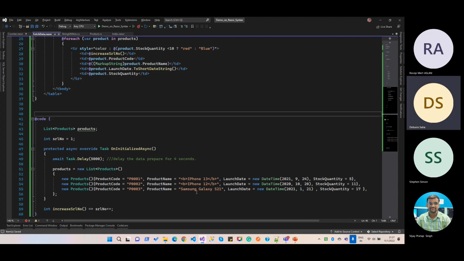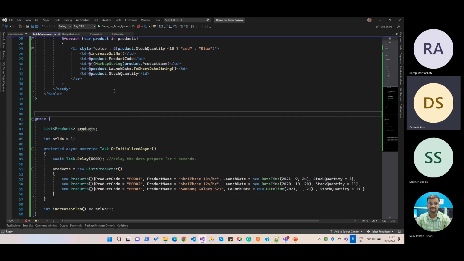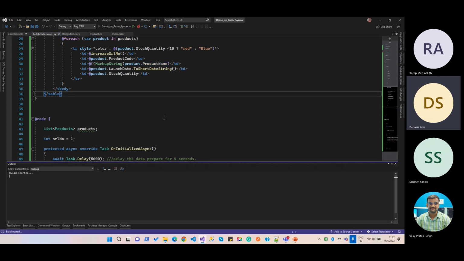So if you want to display some inbuilt style along with your text, just like dynamic HTML content, which we said we can render, if we have some HTML code and we want to render that in our view per part, then in that case we just need to use the markup string attribute along with that variable name, and then it will automatically display as per your HTML string. So now if we run this application,